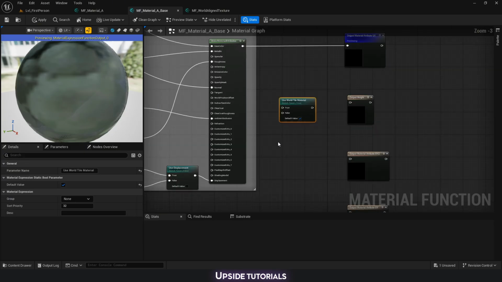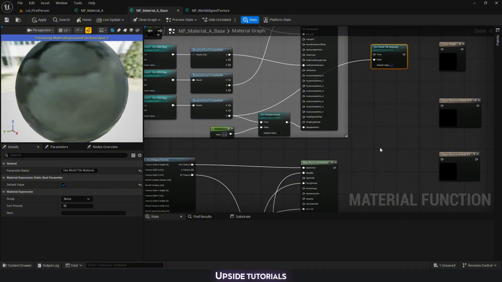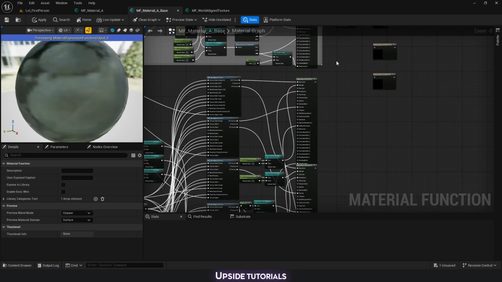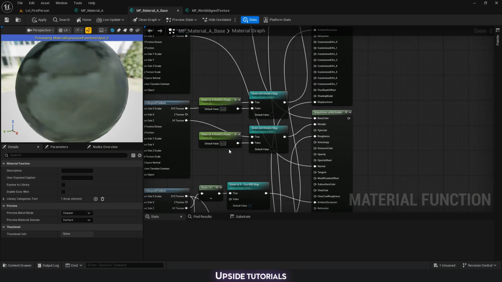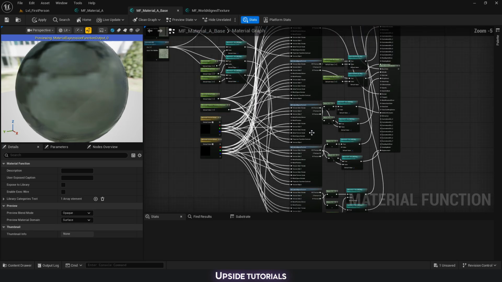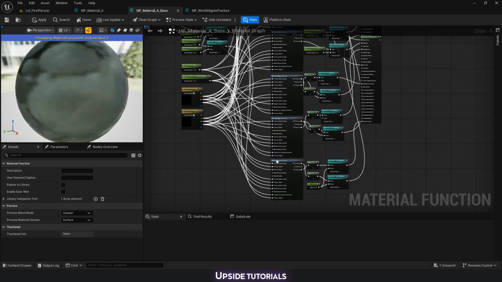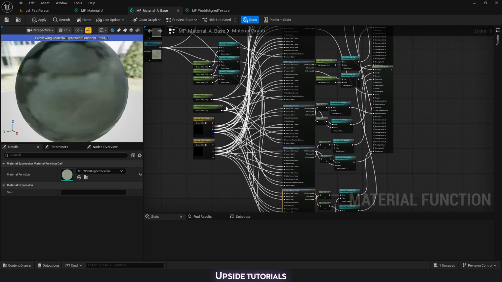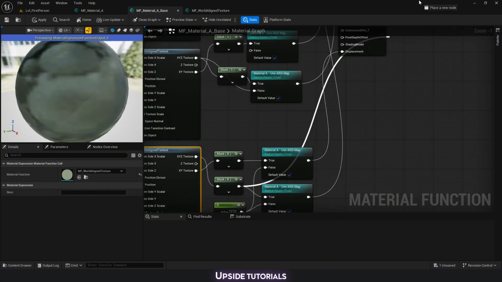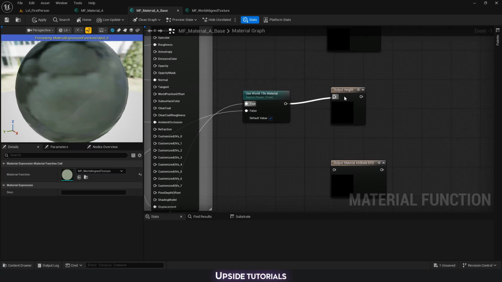Then here for the height, we need to take the displacement and we're going to put this into false. So if we are not using the world tile material, this is what we are getting. And then if we are using the world tile material, we will need to get the different height, which is from the tree planner. So here we just need to find which one it was. I think it was the very last one. So here we just need to take B, and this goes into true, and then that's going to be our